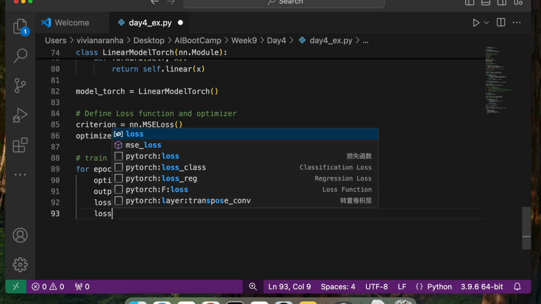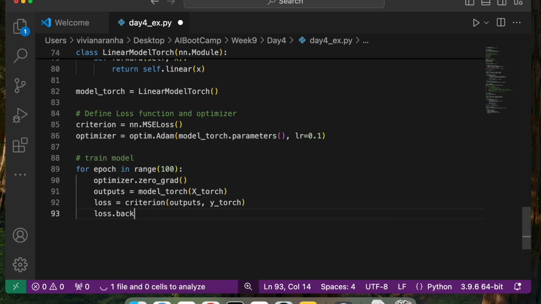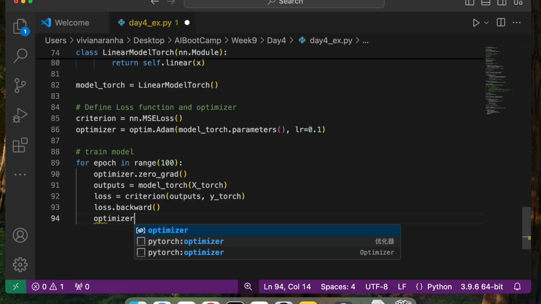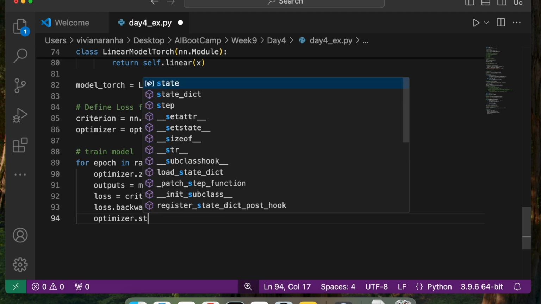And now let's go to loss and backward propagation. So you just have to call loss.backward(), and optimizer I will say .step().